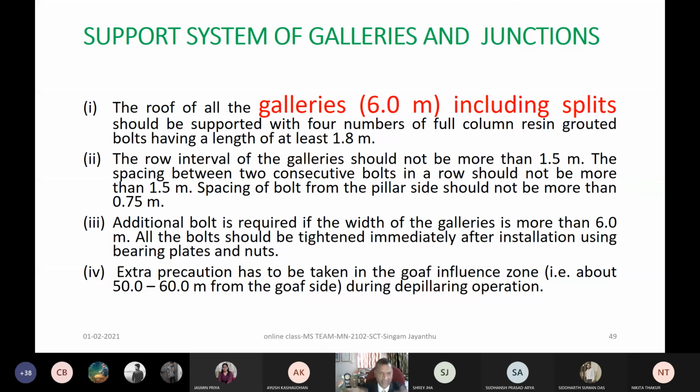So this is the way you will be designing different types of supports as a part of our underground coal mining methods. That is the reason why I want to bring this to you, especially on this day when our Director General of Mine Safety, Mr. Prabhat Kumar, will be with us within a couple of hours, and you will be seeing and hearing him as the number one person of safety in India, and as your super senior, right? So that feeling you have.